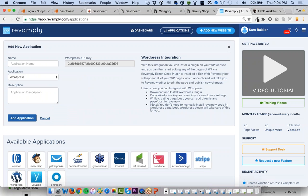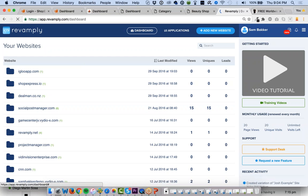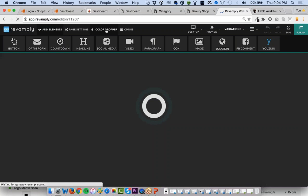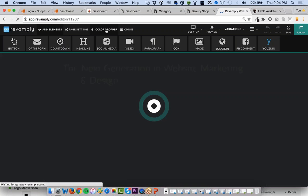It will give you a download for a WordPress plugin, and you'll be able to actually use that WordPress plugin on your WordPress websites. You can also, if we went back into Site Editor, really easily change the colors of your pages. You can add opt-ins, videos, social media, all of that, and this will work on